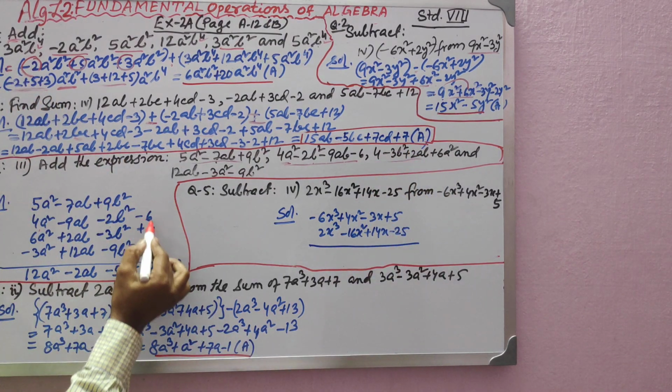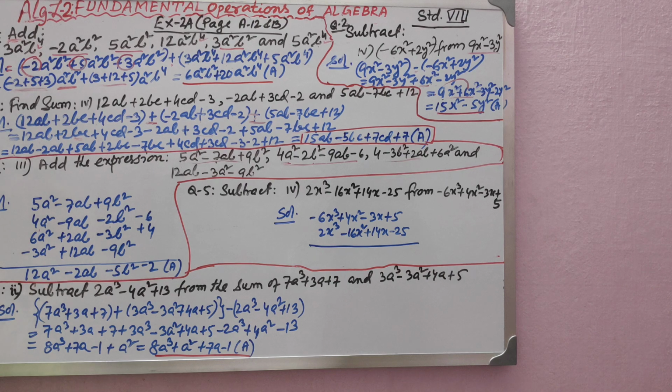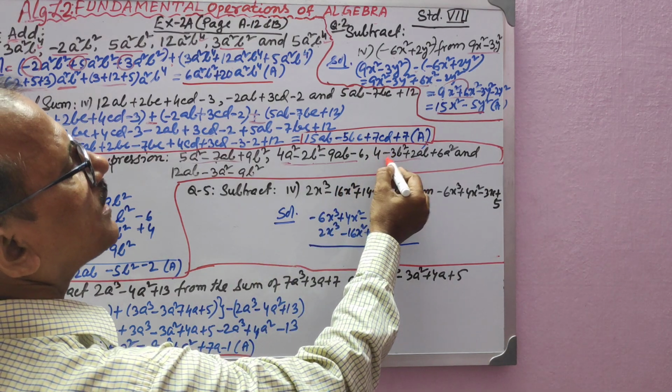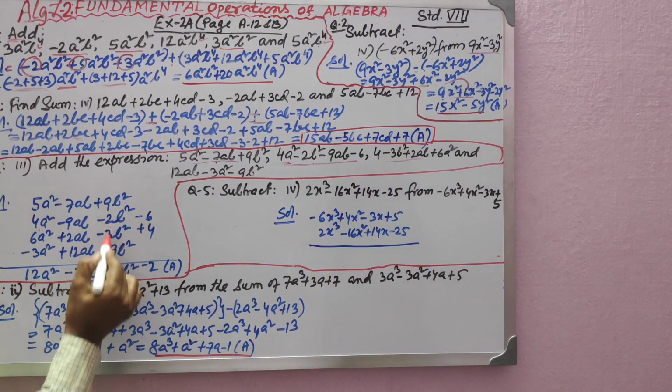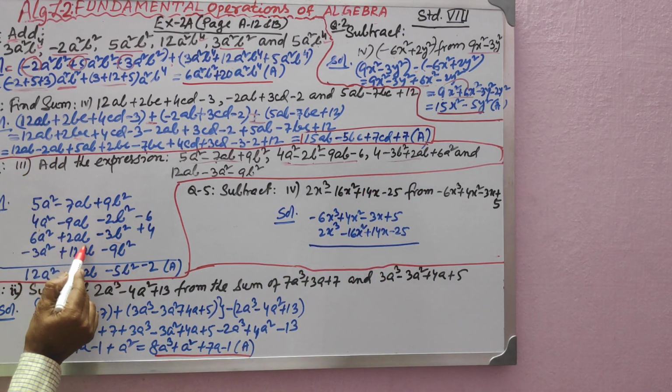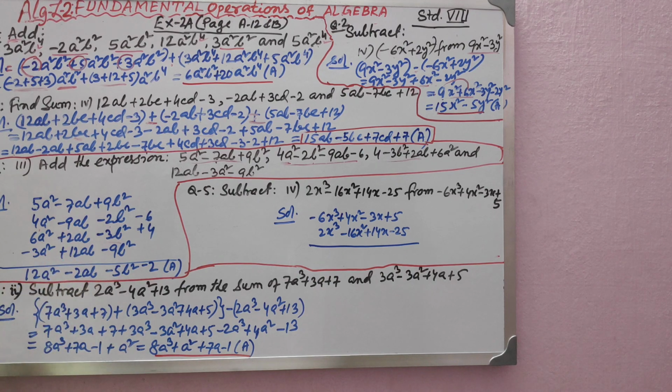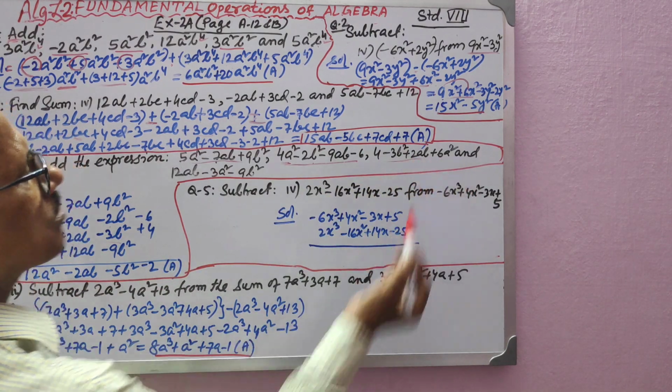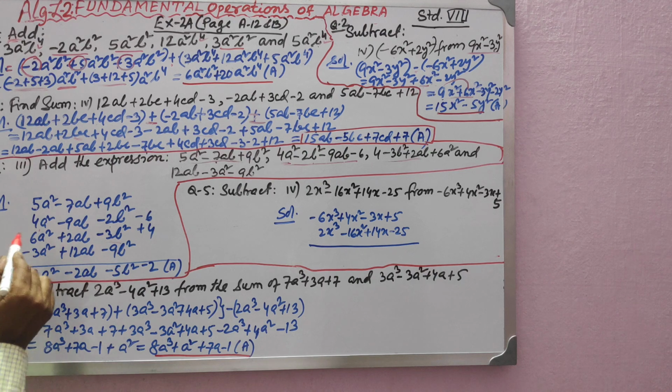Where are you writing it? Just below the constant term. Now, you see minus 3b square. Where will we write it down? Under b square you write it down. Could you understand? 2ab, where will we write it down? If ab is there, yes, plus 2ab, just below ab. Now, 6a square below a square.